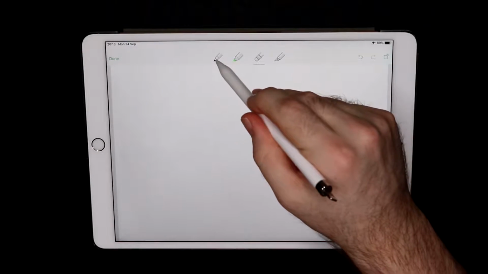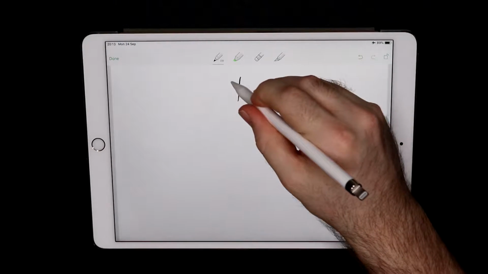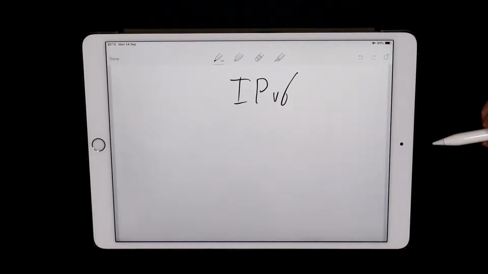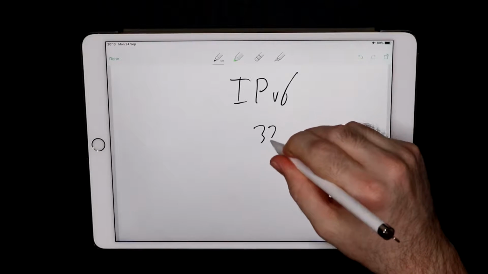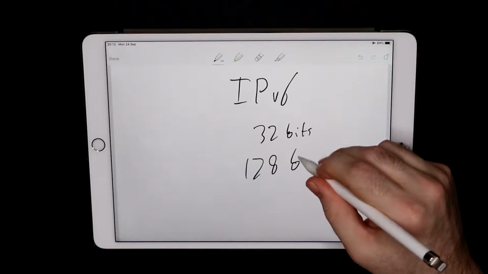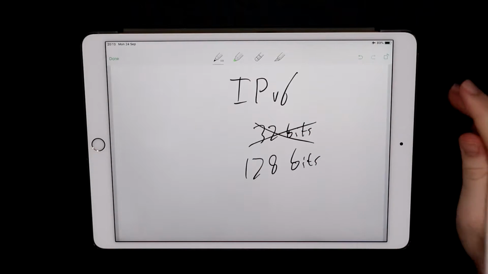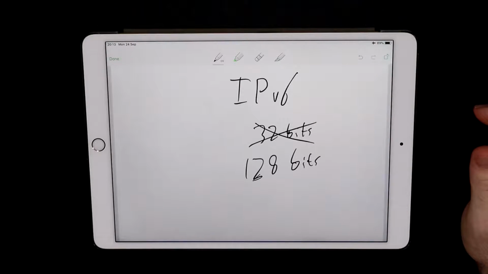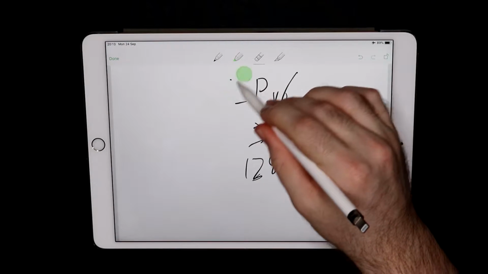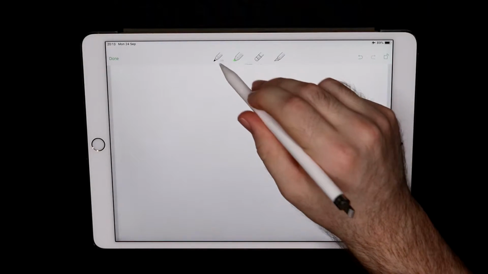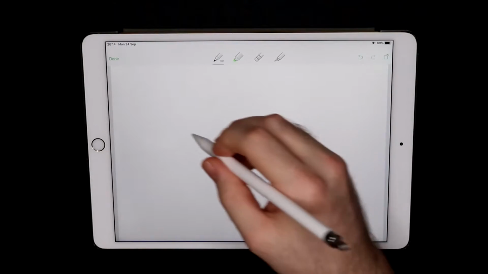There is a slightly better solution, and that is IPv6. And in IPv6, instead of having 32 bits for the address, we have 128 bits. So how many devices does that let us have? Well, it's a lot. I'll write the number down. It is